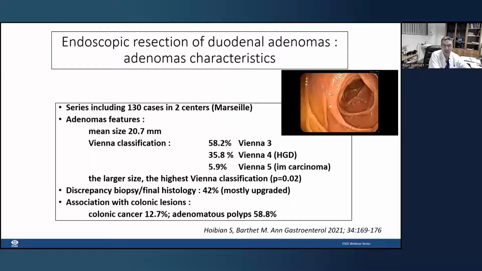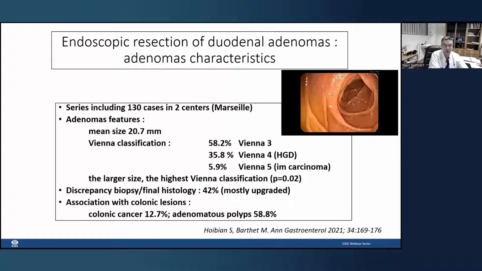So take care with large lesions, because in very large lesions you have a risk of carcinoma. But you have to know that we clearly have a discrepancy between the result of the biopsy before resection and the final histology in nearly half of the cases. So you should not be confident with the biopsies, and you should rely only on endoscopic evaluation for duodenal